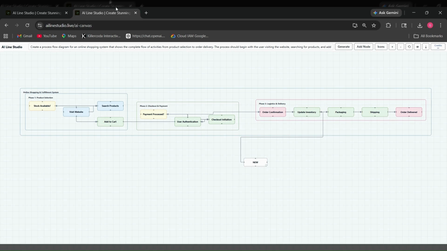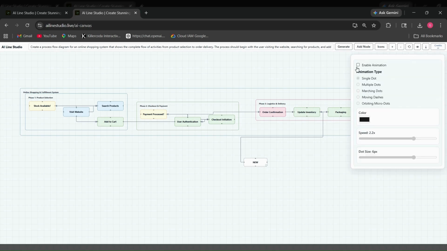Now I have already generated the diagram for my use case, which is an online shopping system, a very basic one, and this is the accuracy with 99% and got generated for me in just 15 to 20 seconds by using AI Line Studio. Today we are talking about the animations, so kindly go to the animation panel, enable it and